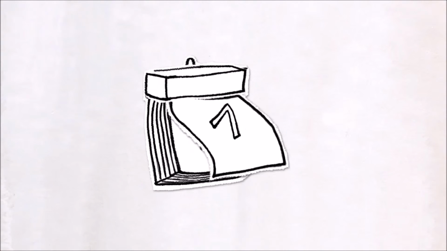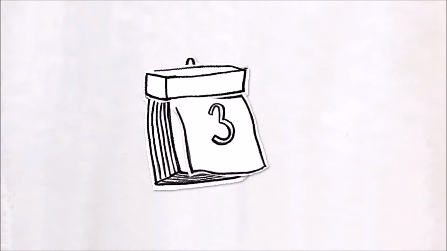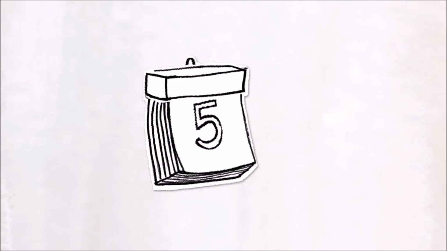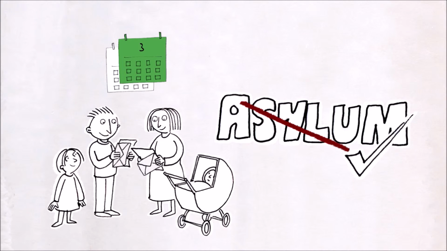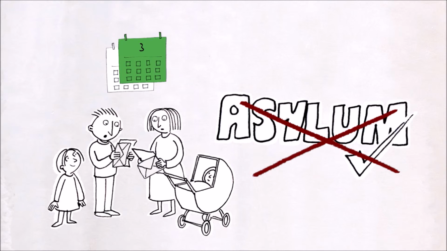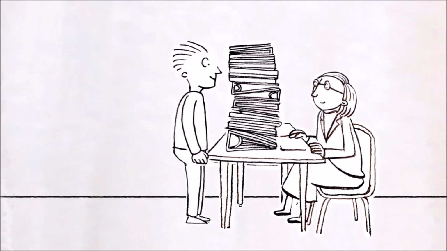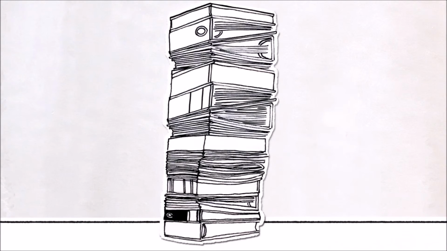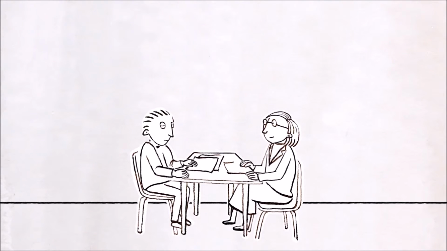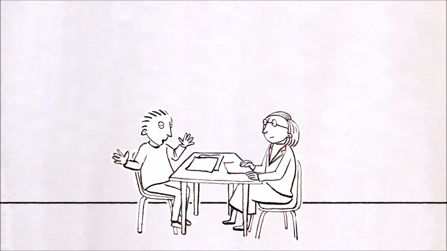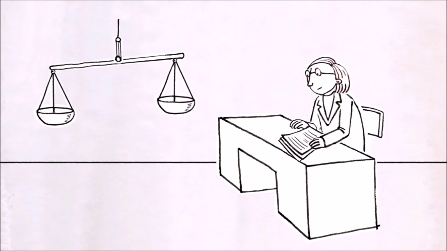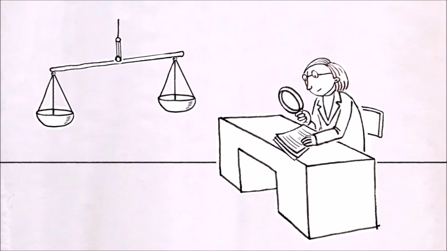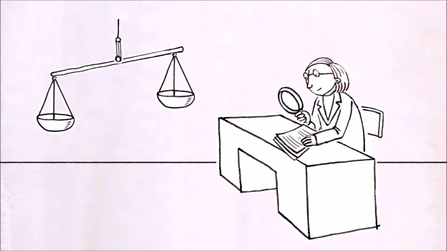Do not miss this appointment, or your asylum application will need to start again, and in some cases, the Asylum Service will assume you have withdrawn your application unless proven otherwise. If your application is terminated, it will be very difficult to reapply, as you will first need to provide the Asylum Service with documents and reasons for reapplying, or you will need to justify why you missed your appointment and didn't inform them in time. Even if the Asylum Service judges your claim is admissible, the procedure will start all over again, meaning very long delays.